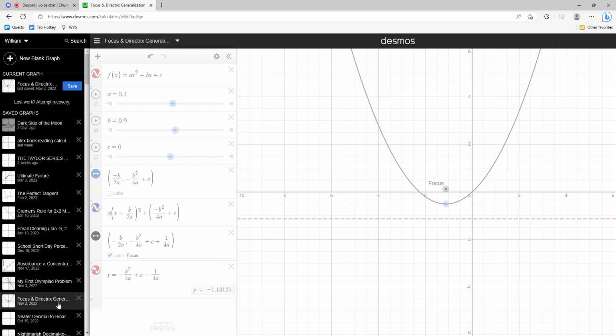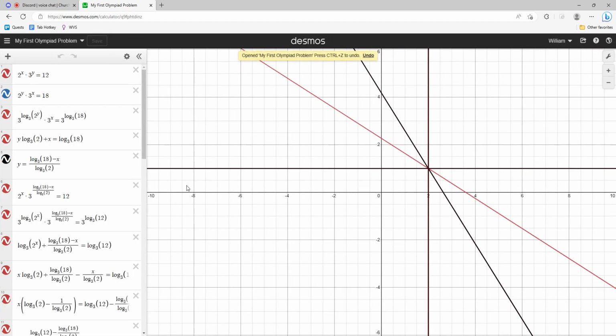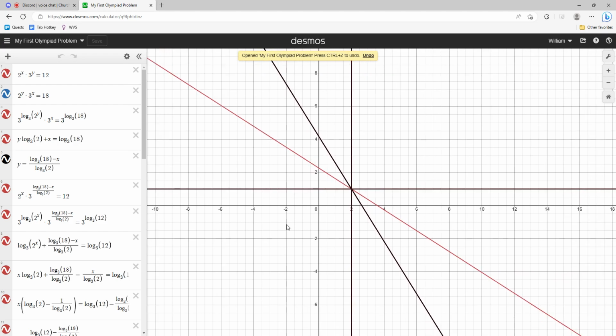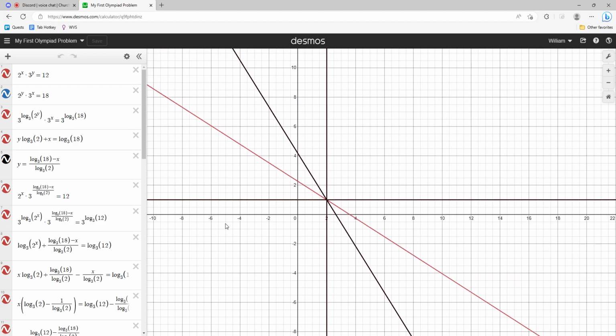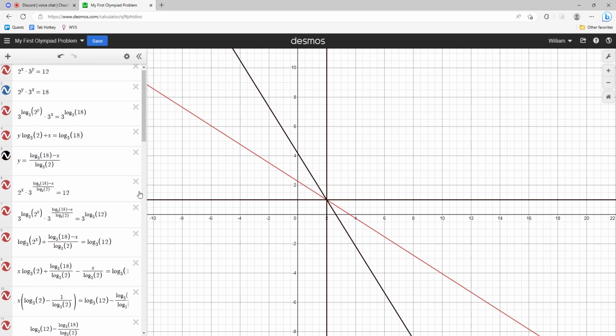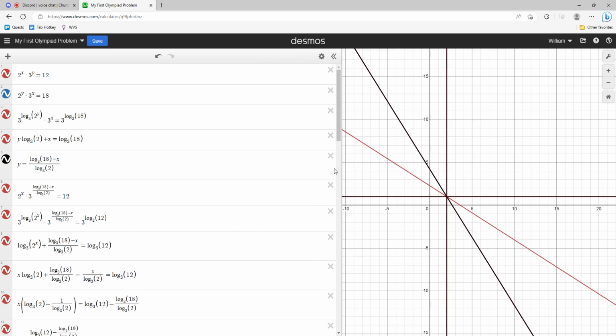Okay. My first Olympiad. Yeah, so I actually solved this Olympiad problem without help. I did it in, I think, AP Chemistry in the morning. I was just kind of bored, so I did this. And obviously, you could simplify this work a lot